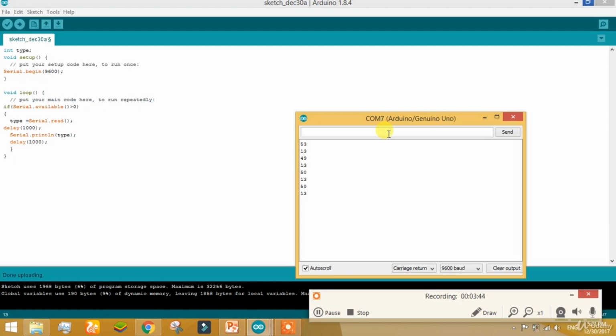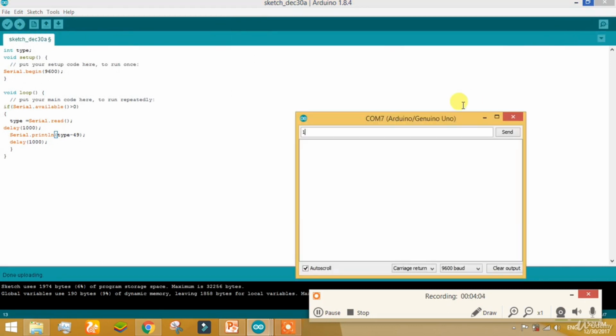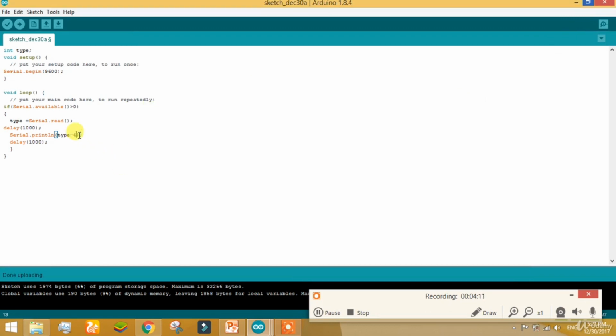You can make it simple by saying type minus 49. It will give us a stable value. Just check it. Enter 1, press enter. It is giving us 0, so just write 48. We are just calibrating the code.